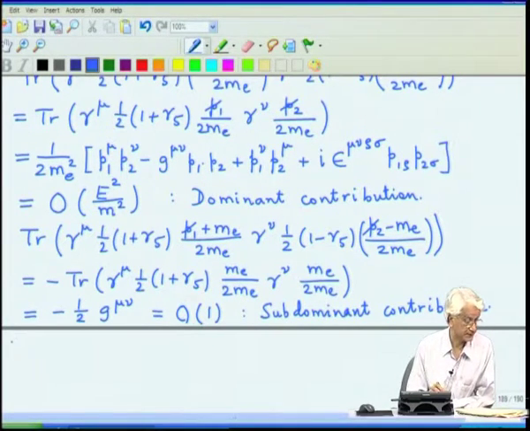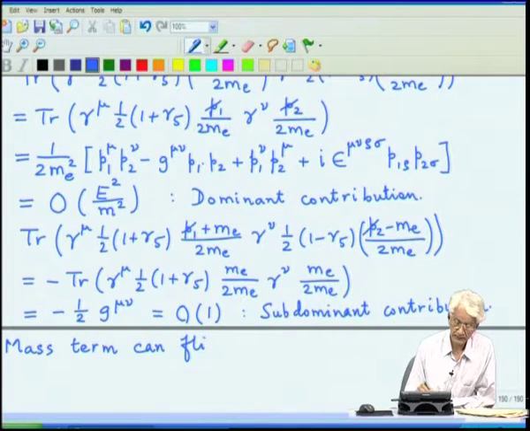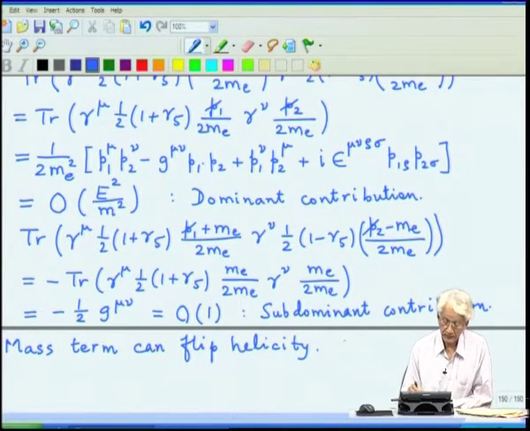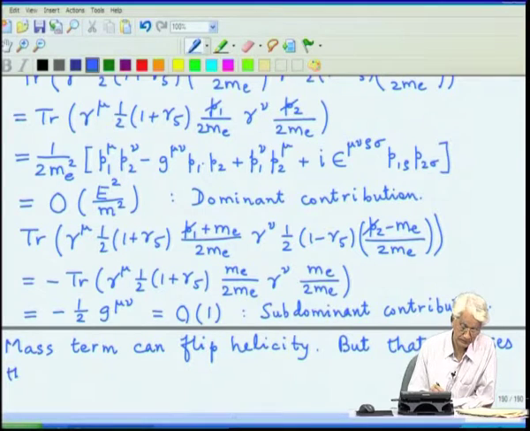So, in general, the mass term can flip helicity, but that suppresses the